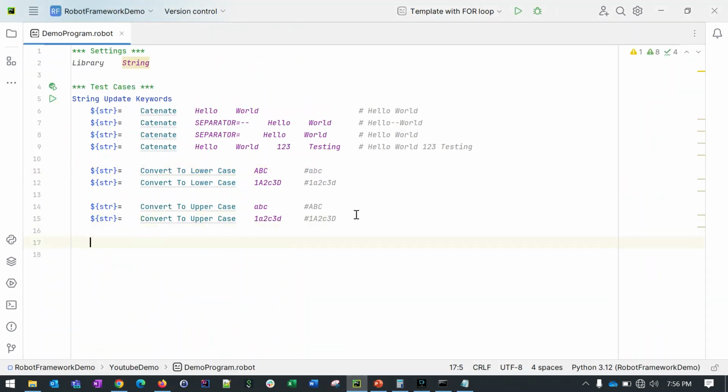Now we have one more keyword, that is convert to title case. Okay, let's write this one. String is equal to, I think we have multiple strings. I will write string 1 is equal to convert to title case hello world. This is what we are expecting: Hello World. Now one more thing, string 2 is equal to convert to title case. Now I'm going to write